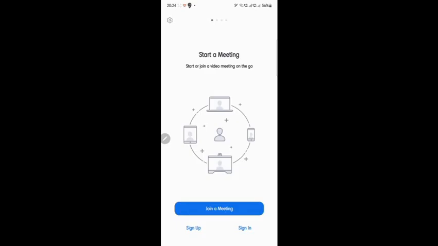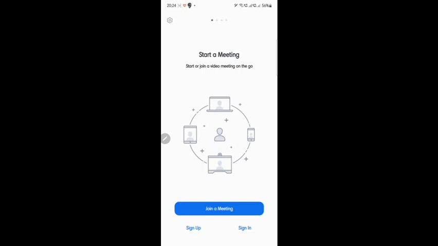Now once you click on this join button, there will be two possibilities. First, it will directly enter the meeting, or second, it will ask you to enter a password or passcode. If the host who is conducting the meeting has enabled the facility of passcode or password, then you will have to enter the password. That password will be mentioned in the message which we will circulate to all of you, or that host will send to you. Otherwise, that person might have disabled the password option, so you just have to click on join meeting and you will directly go into the meeting.